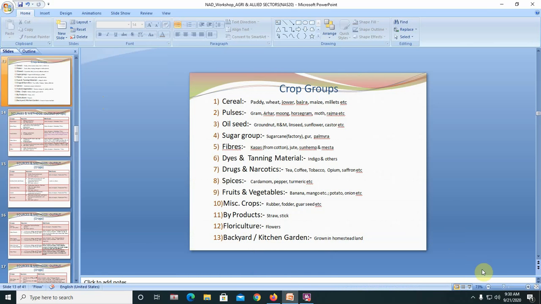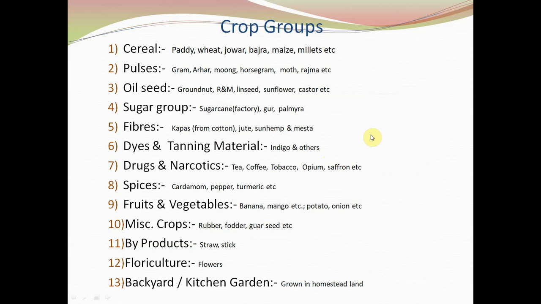These are the crops under sugars. Fibers, we are taking kapas from cotton, jute, sun hemp, that is sun, and mesta. Dyes and tanning material, for this we are taking indigo and other crops. For drugs and narcotics, tea, coffee, tobacco, opium, saffron, these are drugs and narcotics. Spices, cardamom, pepper, turmeric,